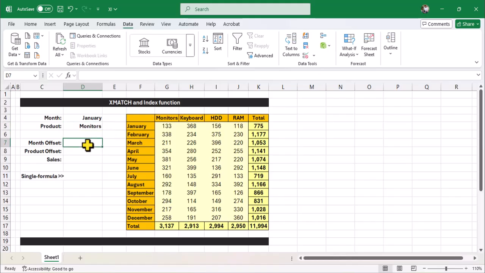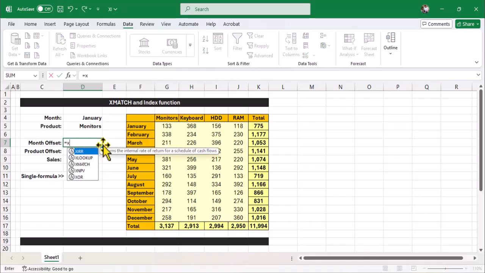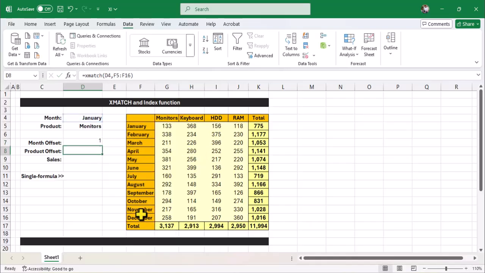Now first I will find out in which row out of these 12 rows January is present. So I will use the XMATCH function of Microsoft Excel. I'll type equal to XMATCH, open parenthesis. The first parameter is lookup value, so I want to look up this value. I'll give a comma, and for where to search, I'll highlight these cells, close parenthesis and hit enter. So it tells me that January is in the first row. Let's select February, it is in the second row. Let's select December, it's in the 12th row.